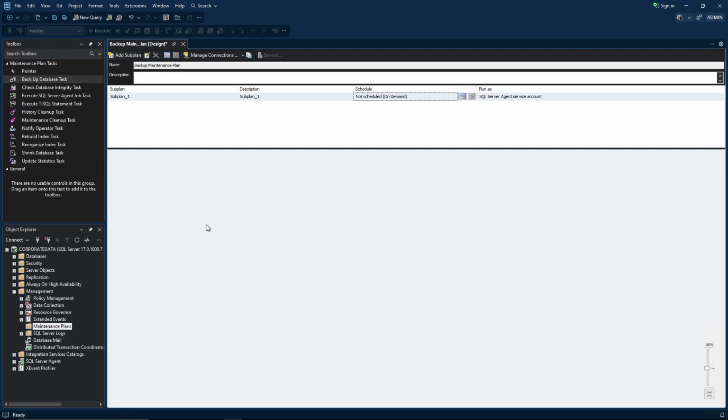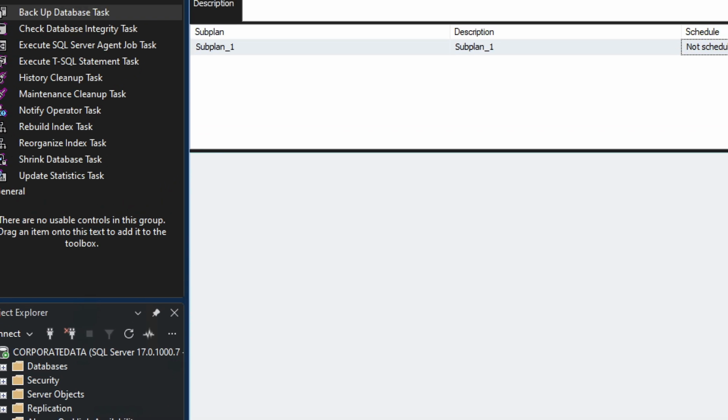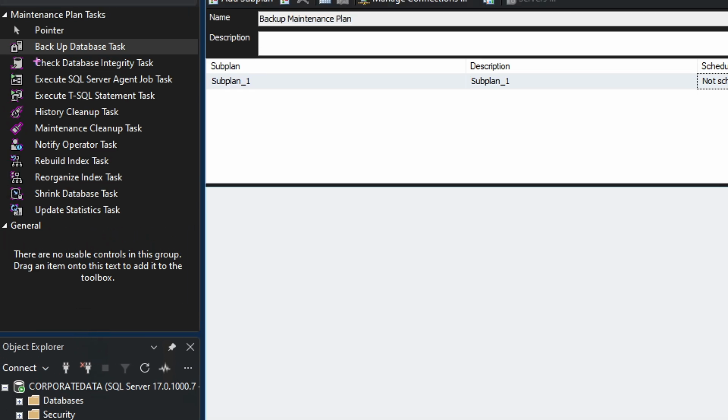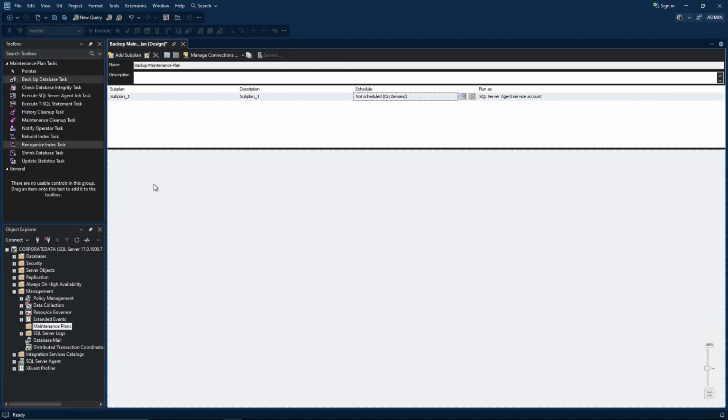There are tasks, because that's how they call it, that you can use for your maintenance plan. Here's a list of the tasks that you have to go beyond backup. First one is backup database. Then check database integrity, execute SQL Server agent job task, and many more. For the time being and the purpose, we're going to focus on backup database task. To create your first backup database task, you need to drag and drop it on this white section here. Once there, just double click on it,